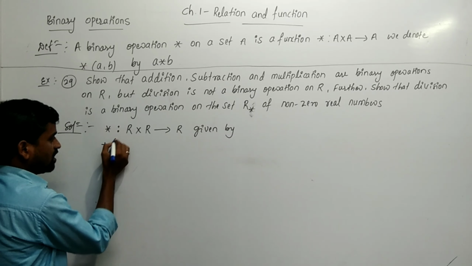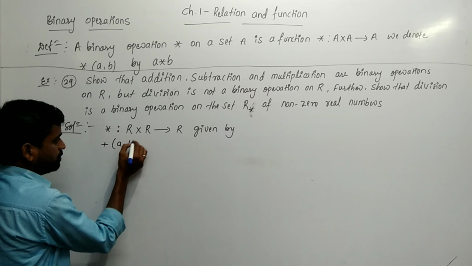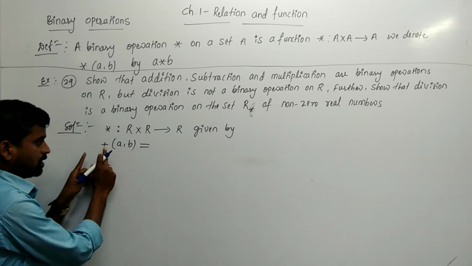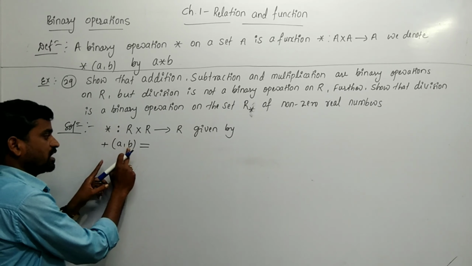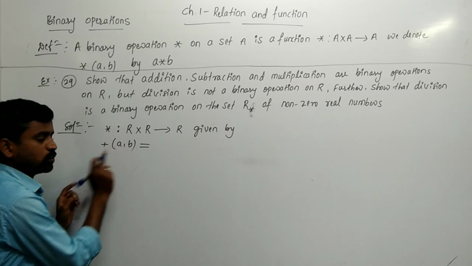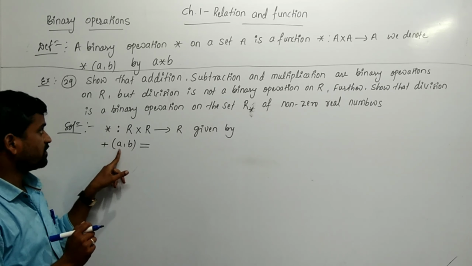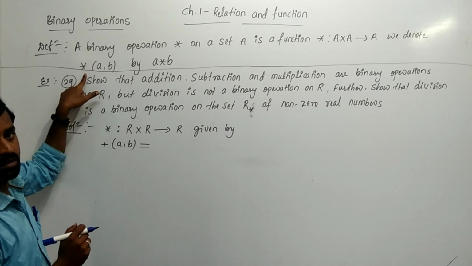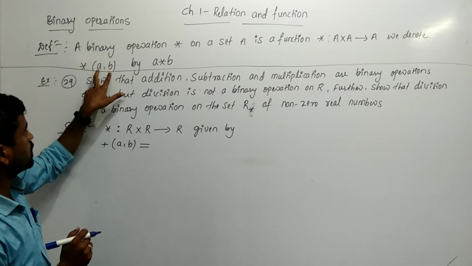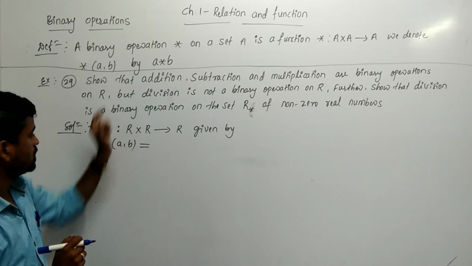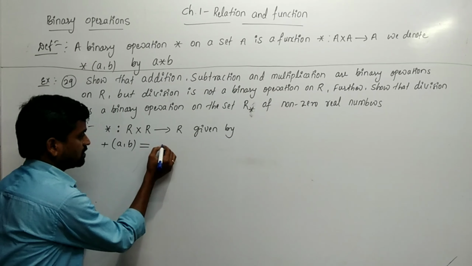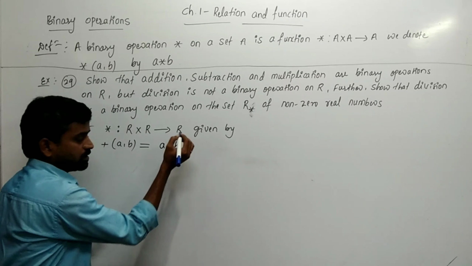Addition of A comma B, plus of A comma B, is nothing but addition of these 2 numbers. Here star of A comma B is A star B; between the two we apply star. But here, plus of A comma B is A plus B